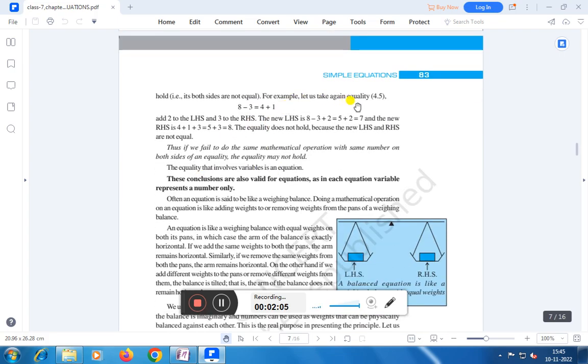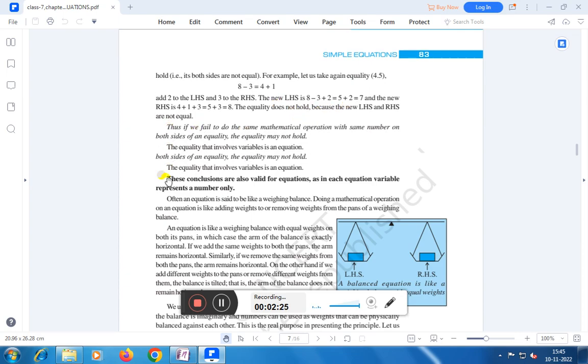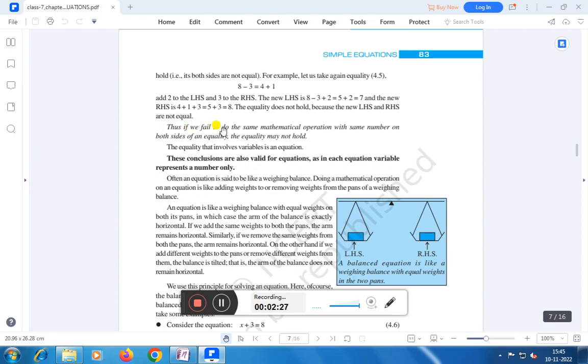For example, let us take again the equality 8 minus 3 is equal to 4 plus 1. Add 2 to the left hand side and add 3 to the right hand side. The new LHS will be 8 minus 3 plus 2, 5 plus 2, that is 7, and the new RHS is 4 plus 1 plus 3, 5 plus 3, equal to 8. The equality does not hold, because the new left hand side and right hand side are not equal. Thus, if we fail to do the same mathematical operation with the same number on both sides of an equality, the equality